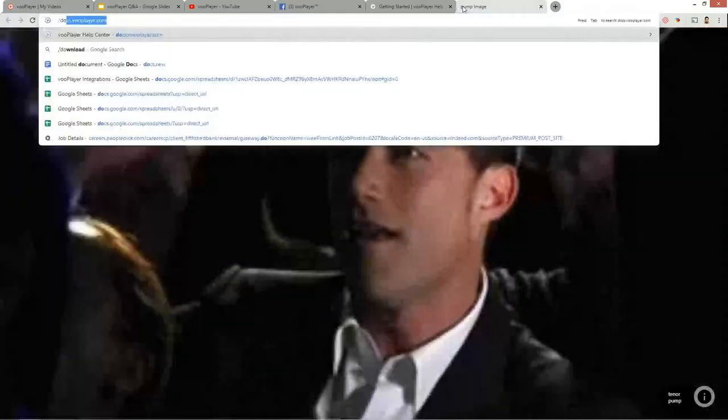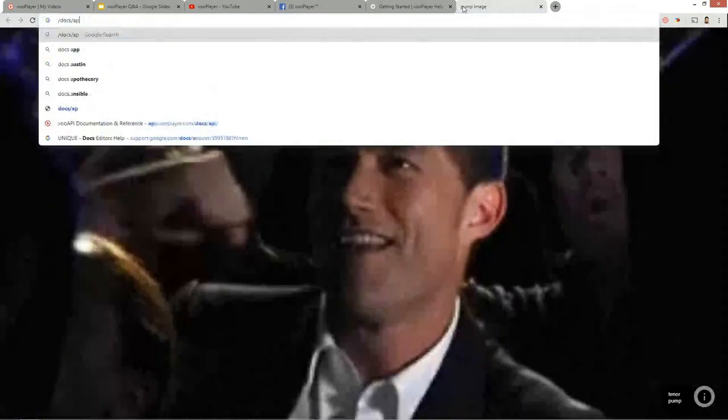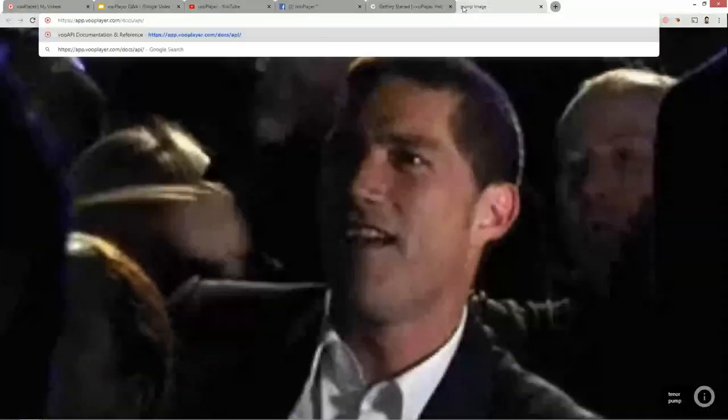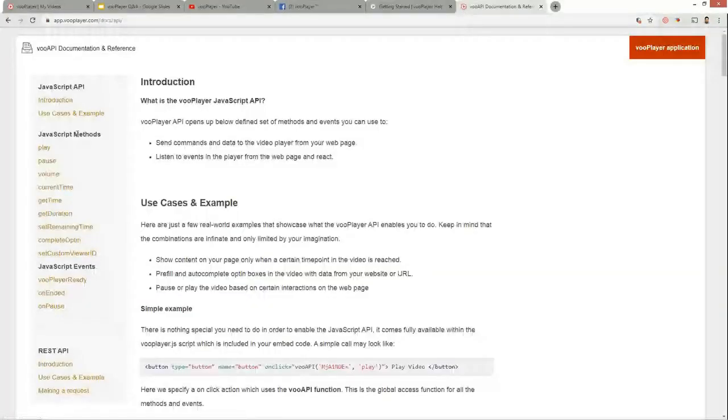So that's docs/API. And you've probably integrated some of this in your platform already, because I imagine you would need it. But there are specific methods and events which are available from the Vue API, which is nested in that little WooPlayer.js